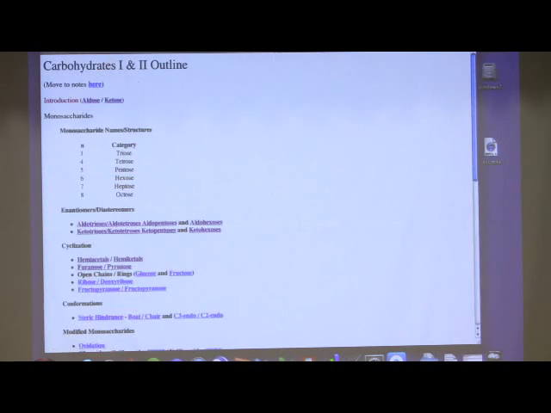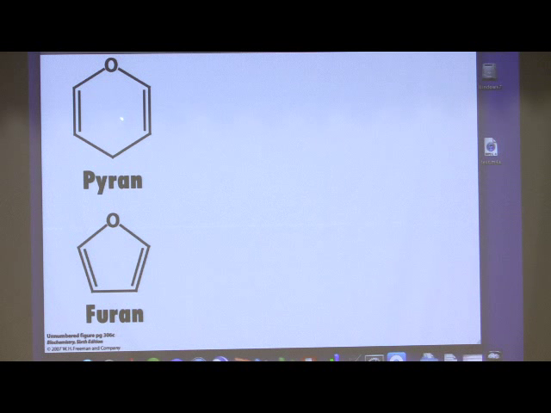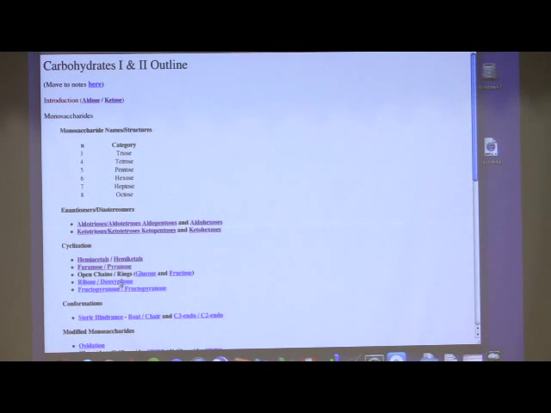Pyranose and furanose. Notice something here. How many carbons do you see in that ring? 5. You didn't see 6 carbons in there. You saw a 6-membered ring, but not 6 carbons in it. How many carbons do you see here? Keep those things in mind. Okay? Now,